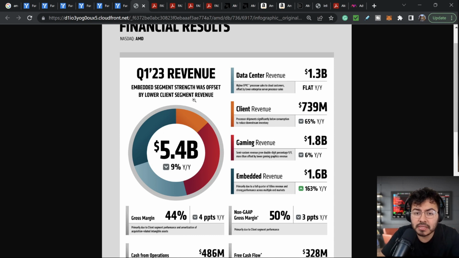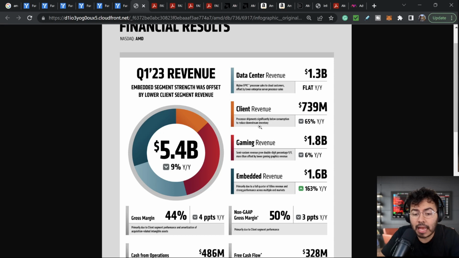There are tons of companies out there that run their own data centers and their own supercomputers, like Meta Platforms, for example. I believe Netflix also. So those are some of their customers here in the data center market. The client revenue, these are their processors or their CPUs that go on desktops and laptops, right? If you have a desktop right now, there might be a chance that it might be an AMD CPU, or maybe your laptop is an AMD CPU.